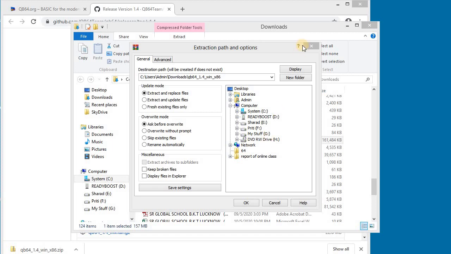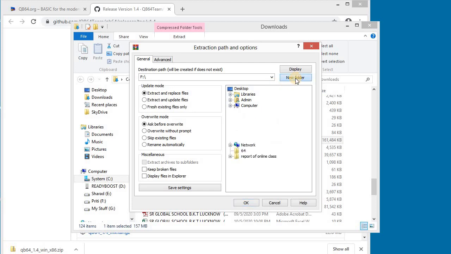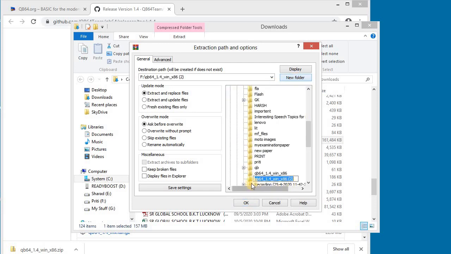Now in this window, the computer asks for the destination where you want to save the extracted files. First we will choose the drive where we want to save them. So I will choose F drive. After that, click on the new folder option. A new folder will appear here.